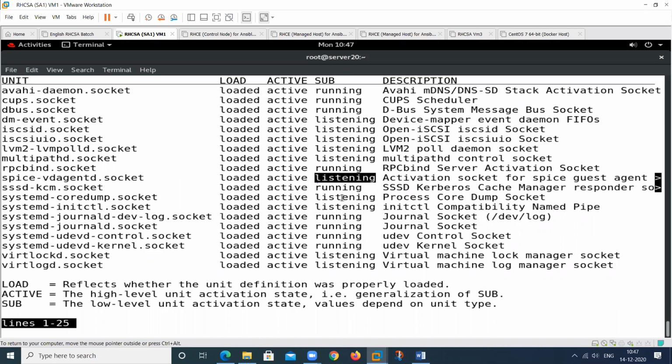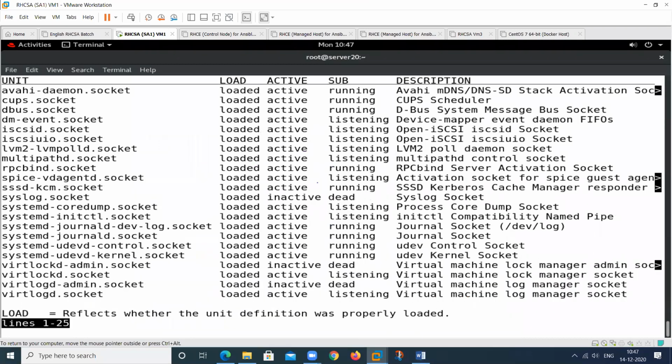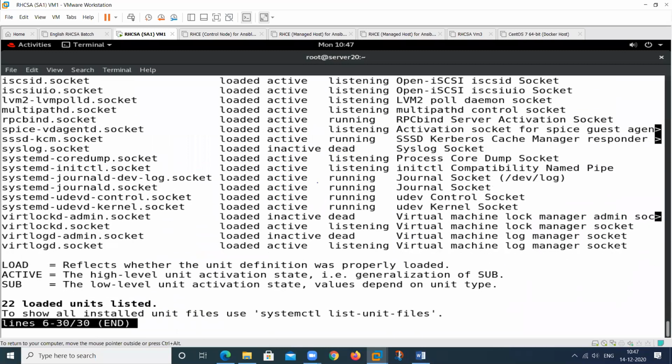Some are in a listening mode. But when we use --all, see here, how many units do we have at this time? We have 30 units related to the socket. So these are the 30 socket units.